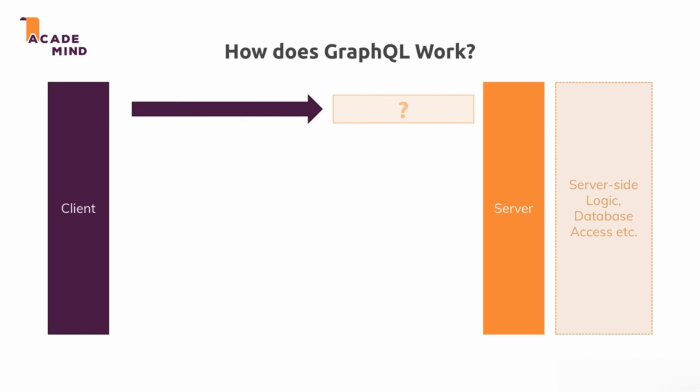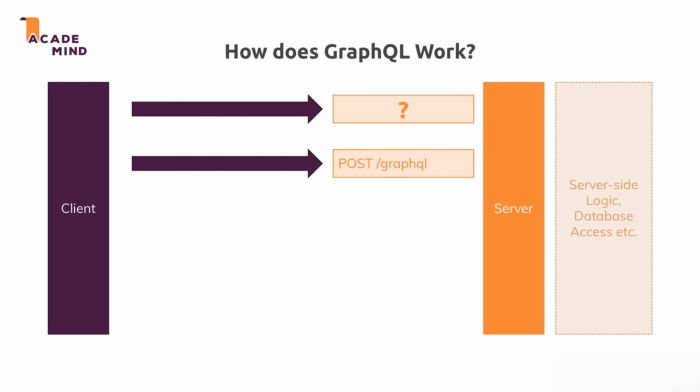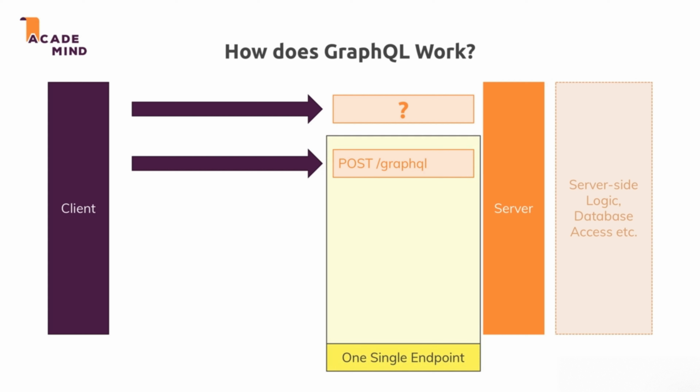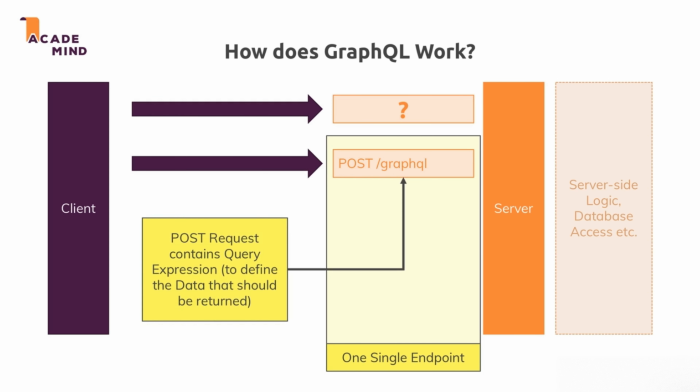Now, what do you send from client to server? In a GraphQL world, you only send one kind of request, and that is a post request to /graphql. So you only have one single endpoint where you send your HTTP requests to, even for getting data. And why is that? Well, for a post request, you can add a request body, and that request body will